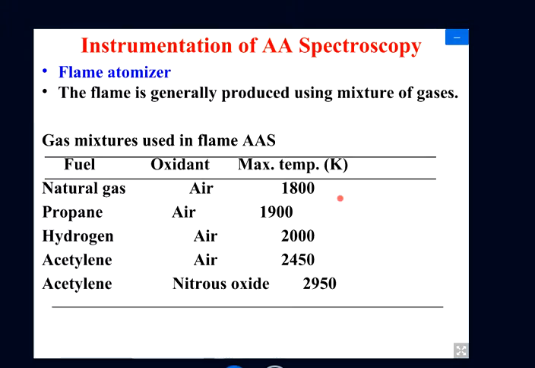Here we have what we are doing, because the temperature is different, they have different energy. So in different energy, different elements could be what? Could be atomized. They will be excited at different levels, at different temperatures. And this will be more clear to you in the next slide.